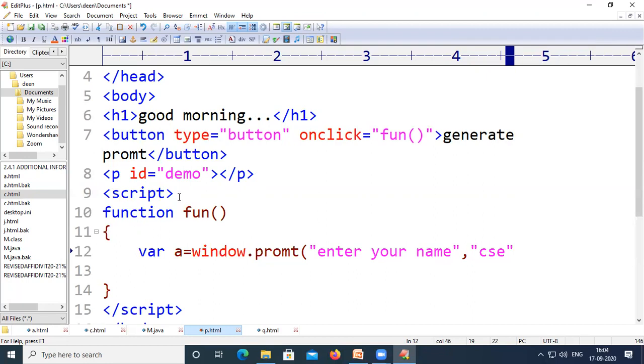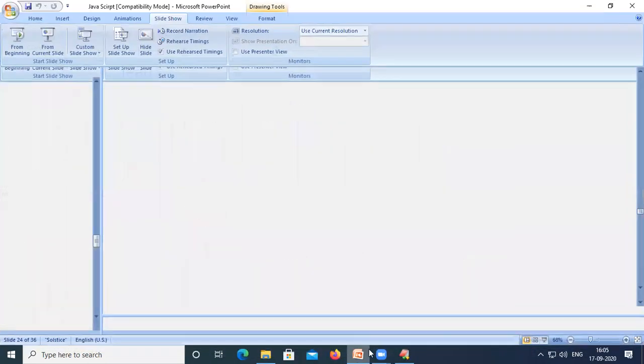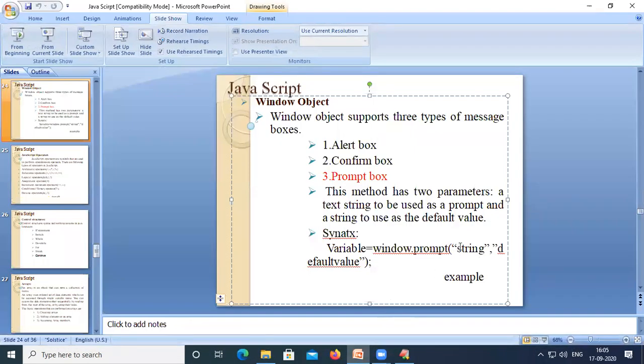I'm sorry, I have said some mistake previously. The mistake is that here we pass two parameters, string and default value. Earlier I said if no value is given, this default value will be assigned to the variable. That is not the right thing.